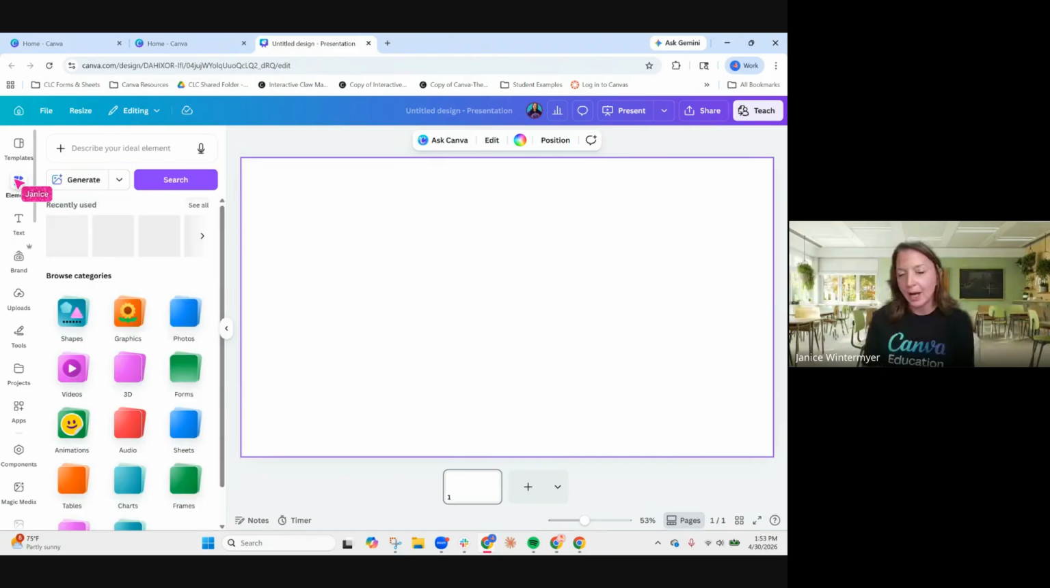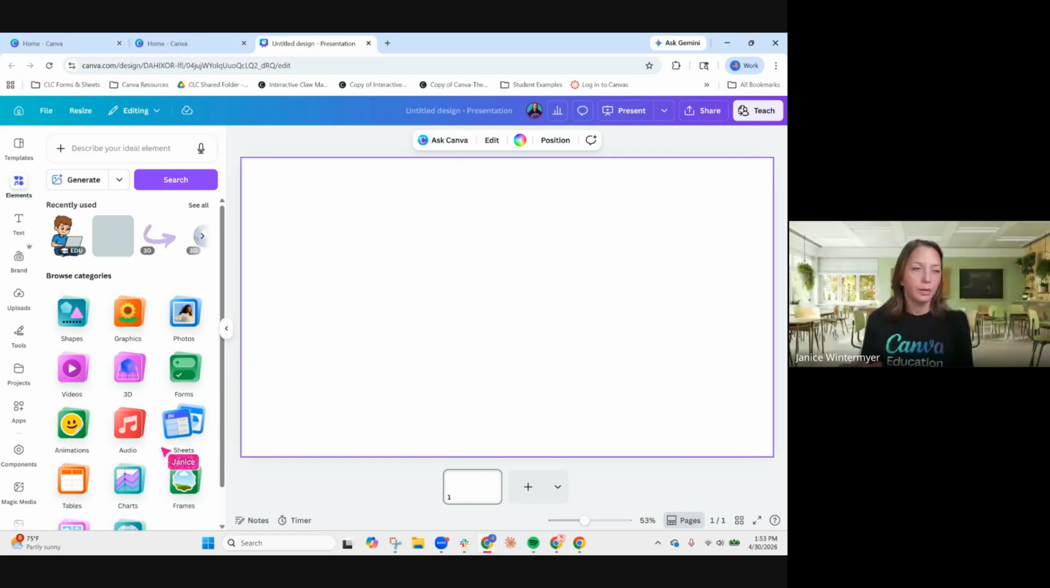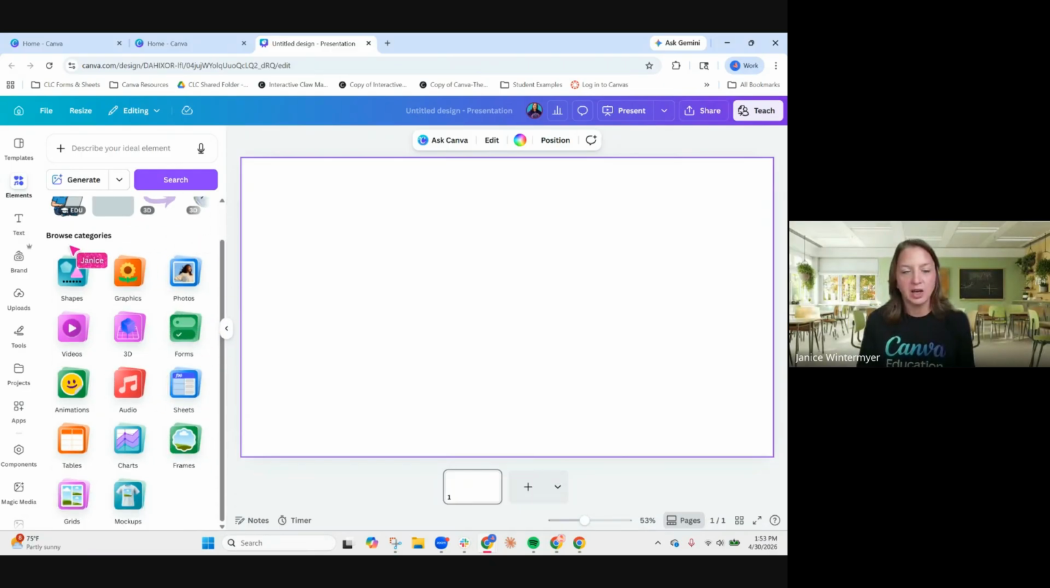The second tab on the left is elements, and I want to talk through a few of these pieces today, both some tips and tricks and some newer updates. So on the left, we have elements. Elements is where we live when we're creating. It's broken down into these main sections. We have shapes and graphics and photos and videos and all kinds of things. So